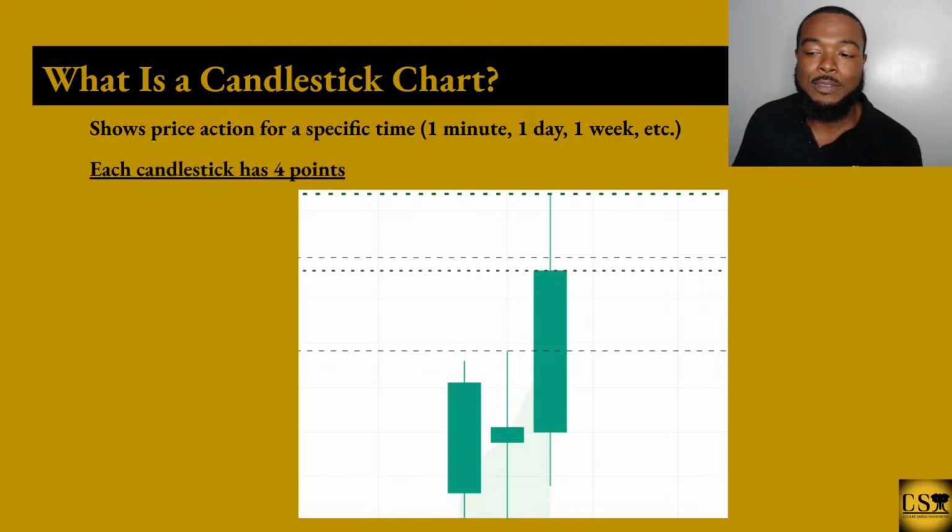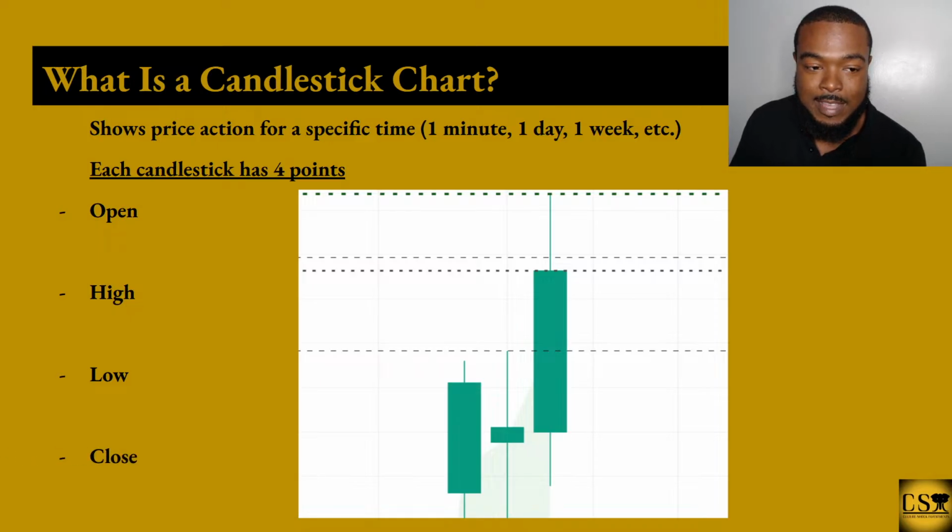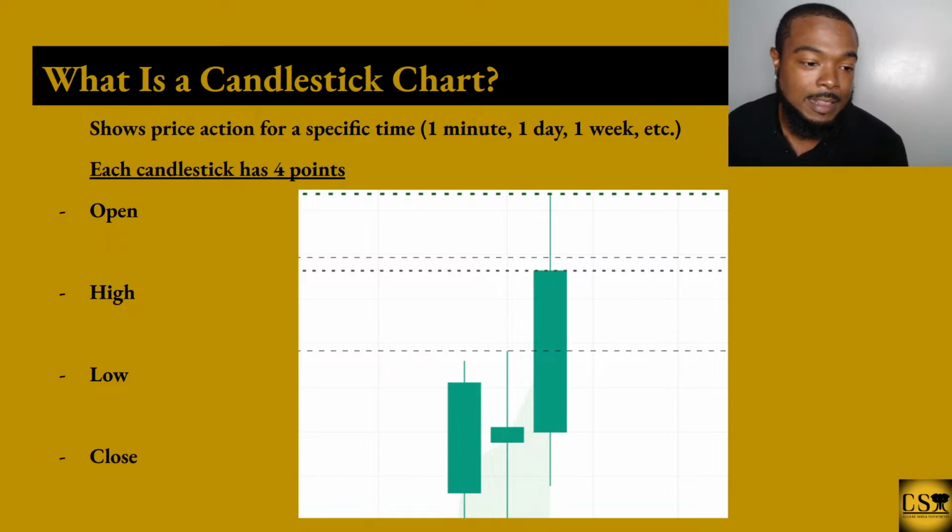So each candlestick has 4 points. They have the opening point. It has the high. It has the low. And it has the close, where it closes at. Okay, how do you determine that? Looking at the candlestick,